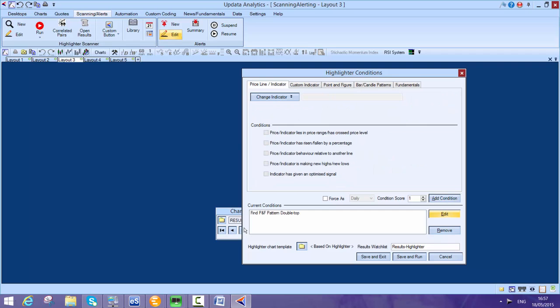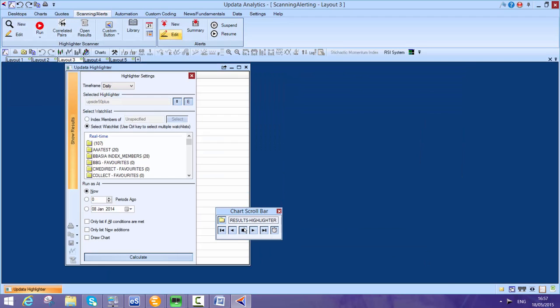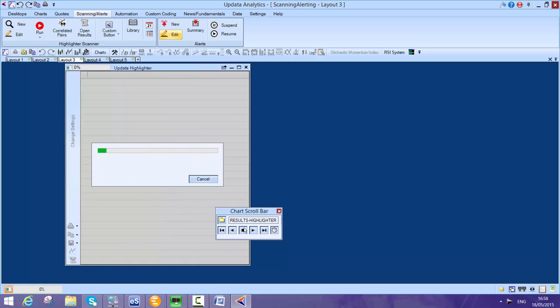I add this condition and I can save and run this one, and I'll just call it upside. I'm going to call it upside 50%. 50 plus, how's that? Upside 50 plus. So I want to scan for stocks that have got a 50% upside. And this time I'll do it on a Bloomberg list. So literally I can just go and grab the NASDAQ index members, run this calculation, and now it's got to